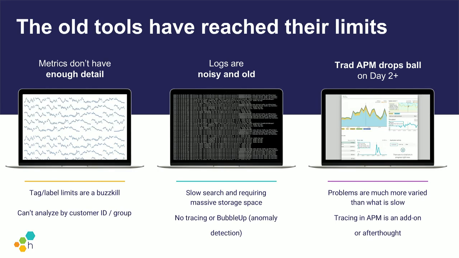Logs, meanwhile, can be searched, but at times can be difficult to actually query unless you're using another service, and they don't provide any ability to actually get tracing in unless, again, you're using another service. And then again, APM tools don't give you access to all the raw data with different visualization features, and we tend to believe through some research that tracing can be an afterthought in APM, and it's still very new to